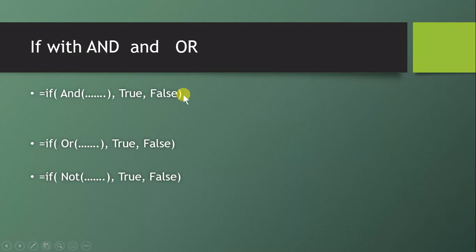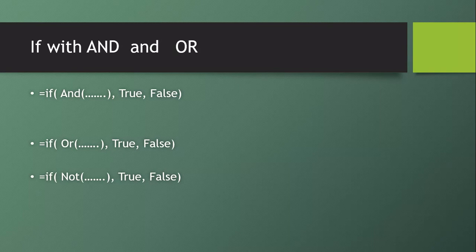Now we need to understand what is AND and what is OR. In AND, say there are three criteria: criteria 1, criteria 2, criteria 3. If criteria 1 is true, criteria 2 is true, and also criteria 3 is true, if all the criteria are true in AND, then only the condition will be true. This is important. Fine. I will take an example which will make you understand where to use AND, but try to understand right now: AND is used if all the criteria have to be true, then only it will be true. In all other cases, it will be false.